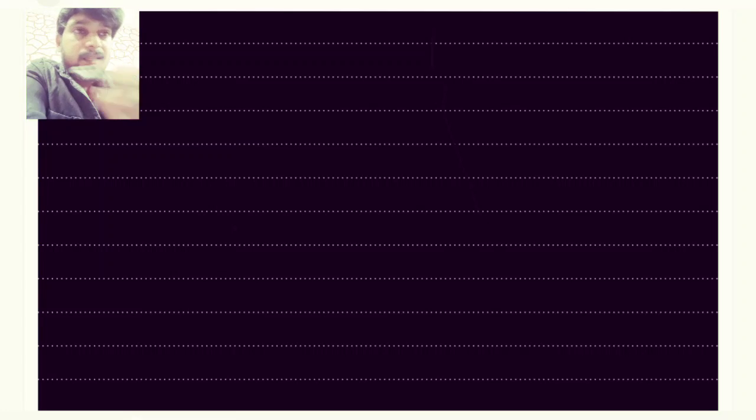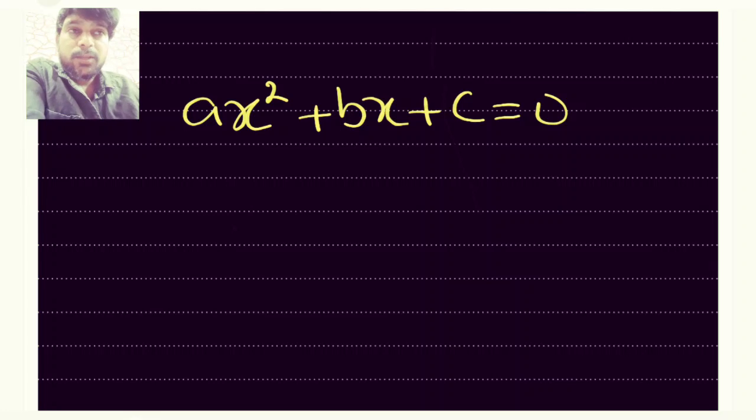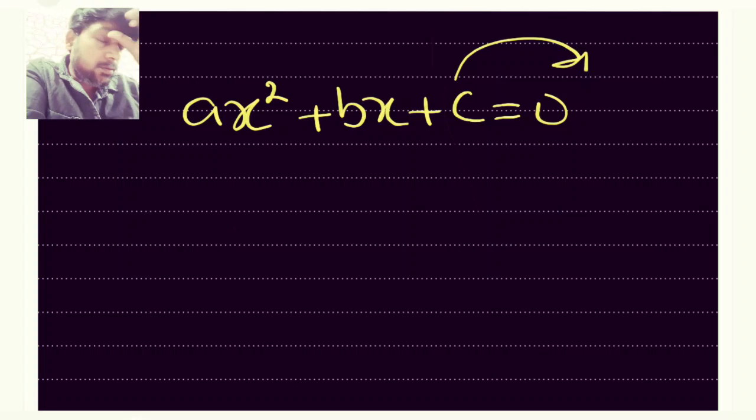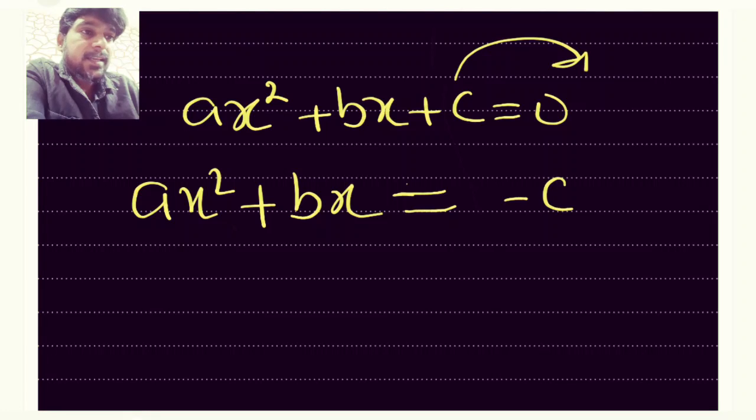So we will be taking the general quadratic equation, that is ax square plus bx plus c is equal to 0, right? Now we are going to apply the method of completing the square to solve it, right? Now completing the square, the first step was to take the constant term other side. I have already taught that method in my previous video, so let's recall it once again, right? So we have to take the constant term that side, so it becomes ax square plus bx is equal to minus c, isn't it, right?